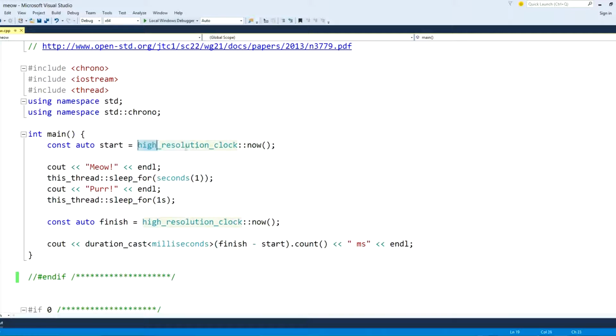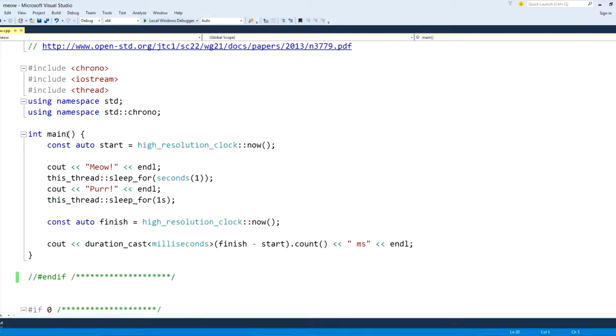Yeah, the only time you would use a system clock is when you need to be able to display it as UTC, as an actual time that you display to a user. But if you're just calculating the differences between two times, either high resolution clock or steady clock is generally what you want. Okay. Here I've got just a simple profiling